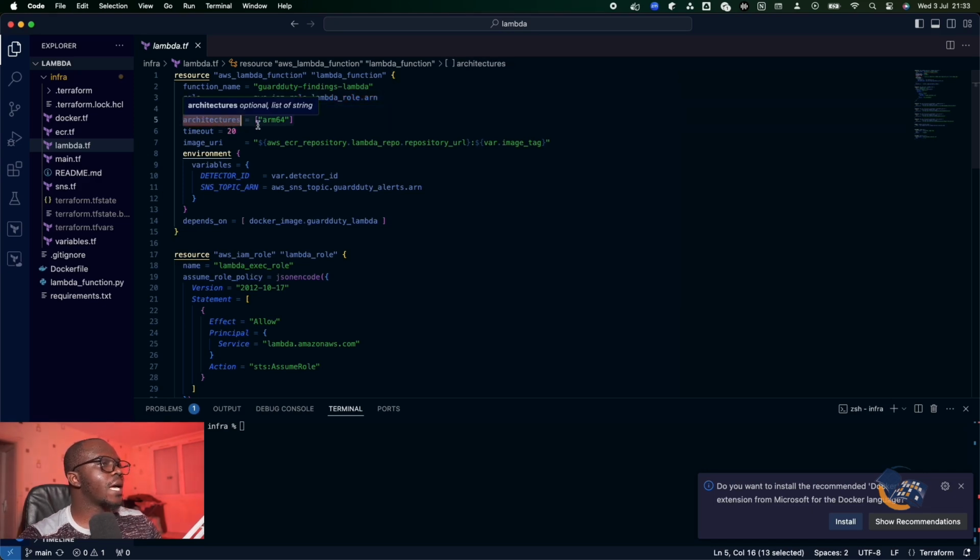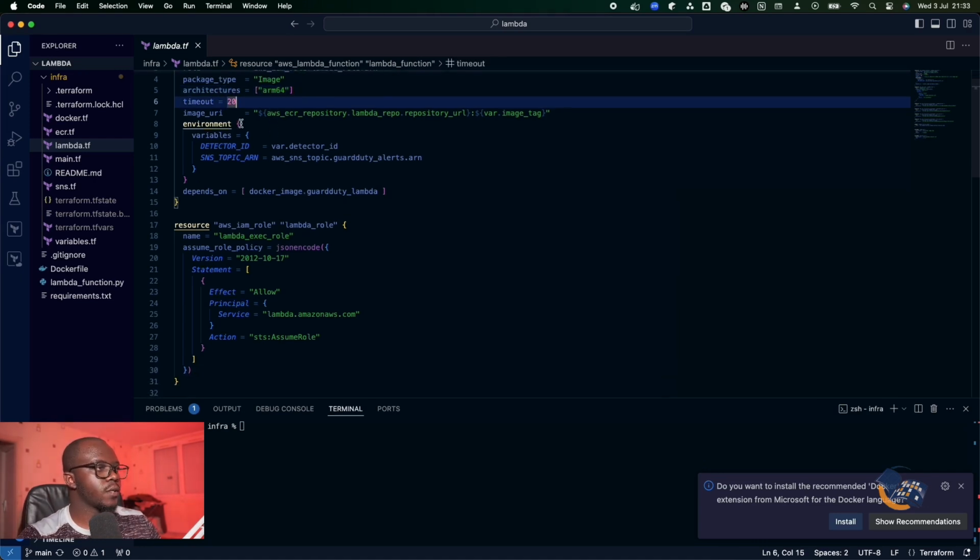For me, I'm using architecture equal to ARM64. The reason is that when I'm building the Docker image, I am working on a MacBook, so it's based on M1, and that is why I need to set the architecture of the Lambda as ARM64. If you're going to be using Windows, then you can leave it as default, or you can basically remove this, so you can use the x86_64. Then I set the Lambda timeout to 20 seconds,